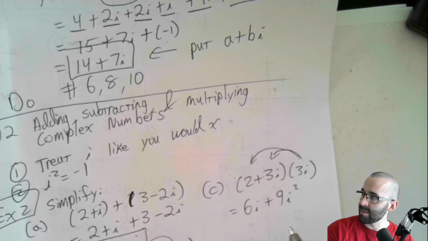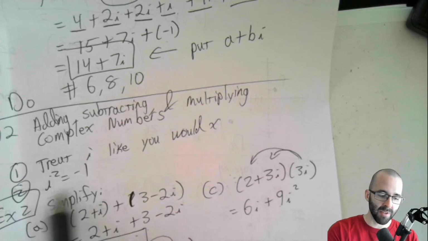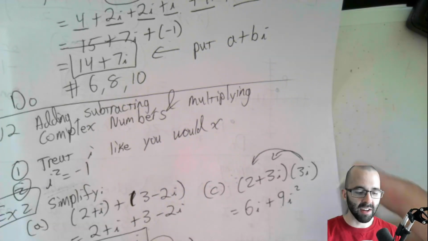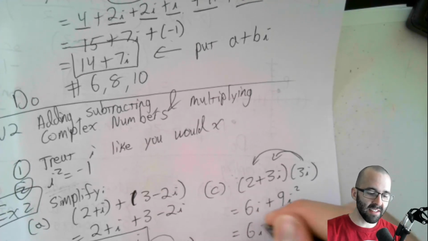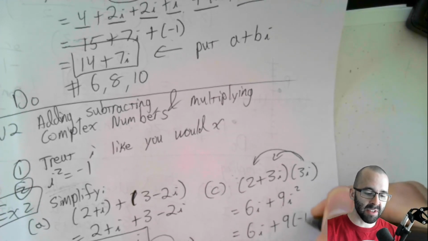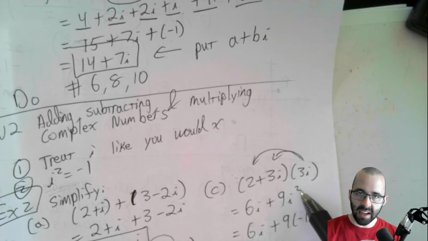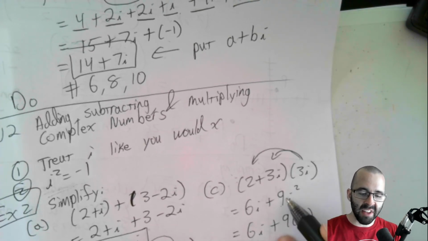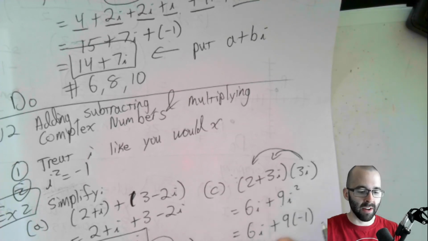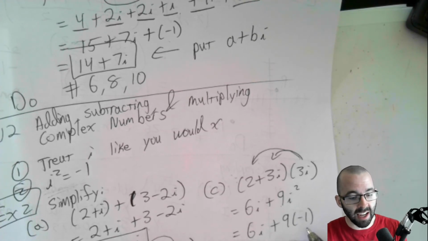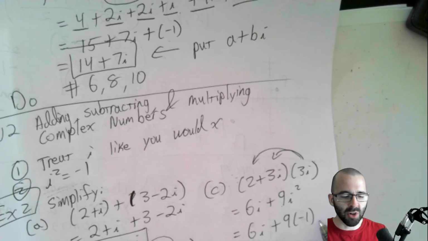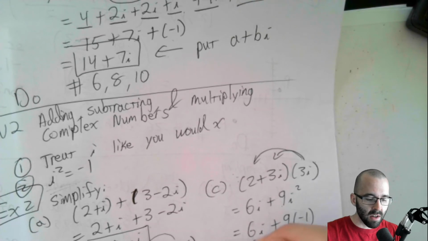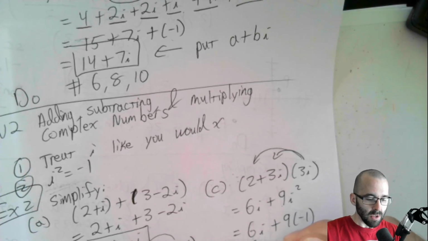And again, you may be tempted to be done, but do not forget number 2 over here. We need to simplify the i squared. So we get 6i plus 9 times -1. Replace the i squared with -1, but remember, these are multiplied by each other. This is 9 times i squared. So this becomes 9 times -1. It's very easy to forget this and do some sort of addition or subtraction instead, which is no good. So this becomes 6i